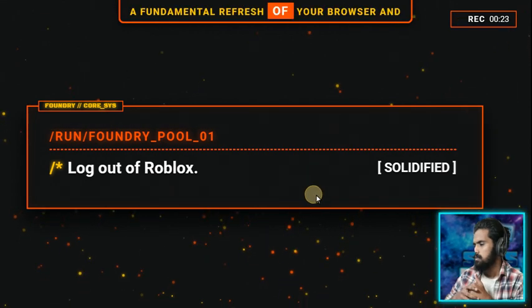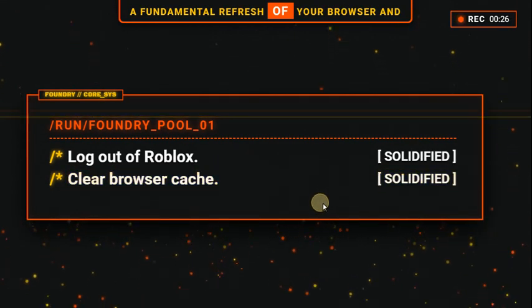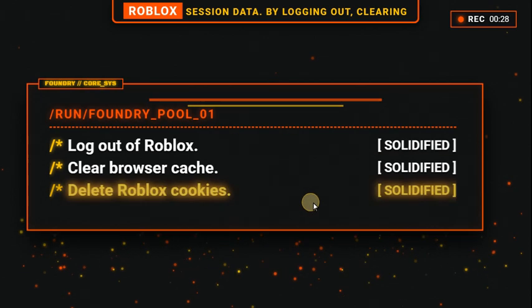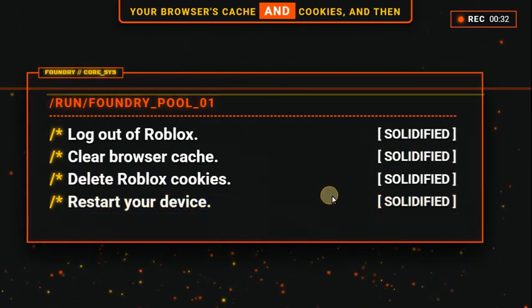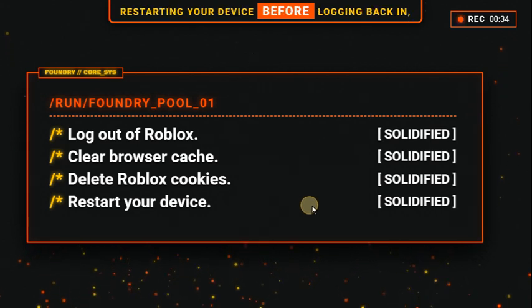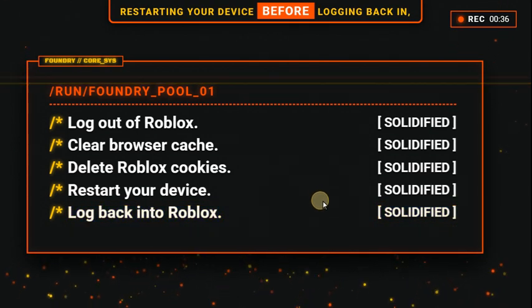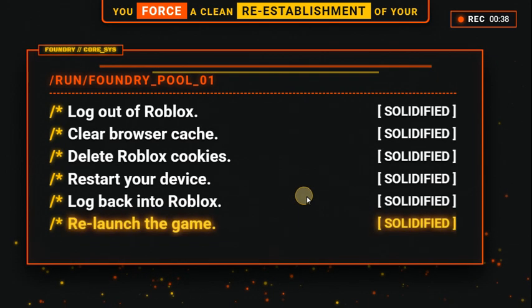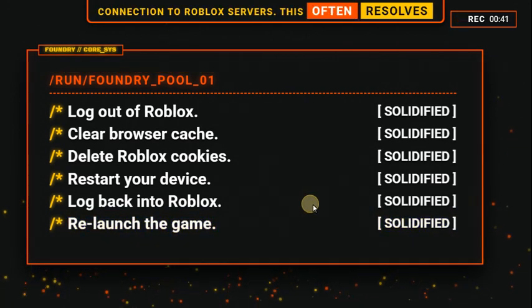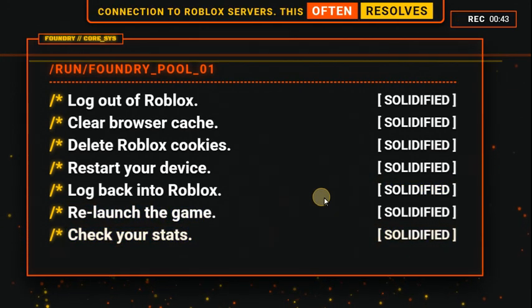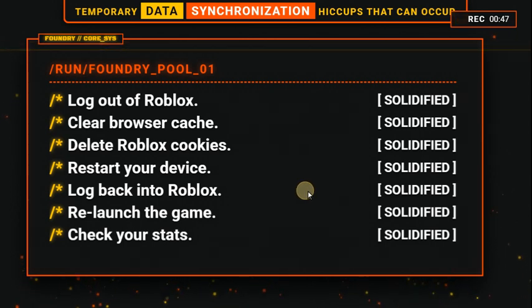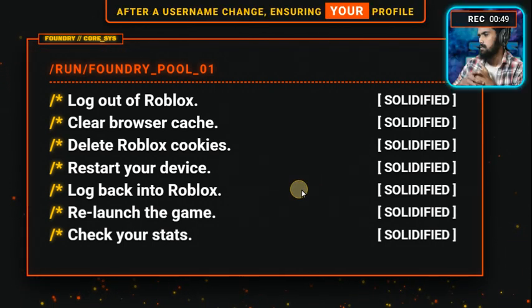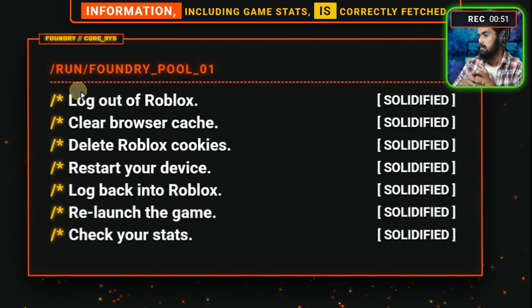The initial solution involves a fundamental refresh of your browser and Roblox session data. By logging out, clearing your browser's cache and cookies, and then restarting your device before logging back in, you force a clean re-establishment of your connection to Roblox servers. This often resolves temporary data synchronization hiccups that can occur after a username change, ensuring your profile information, including game